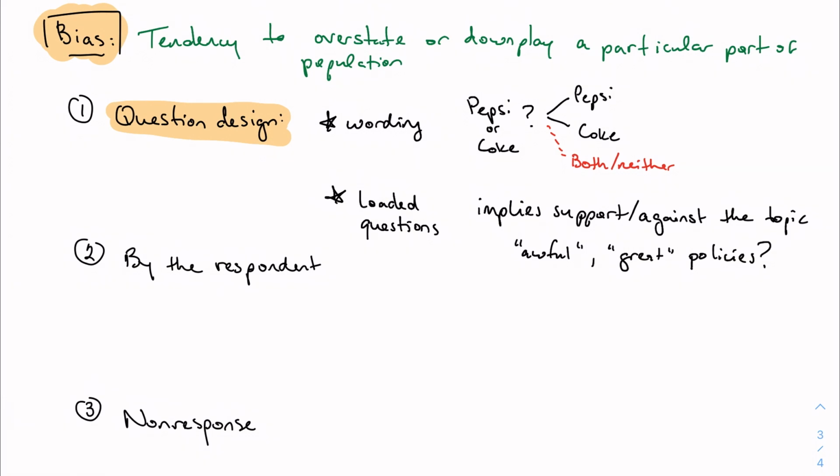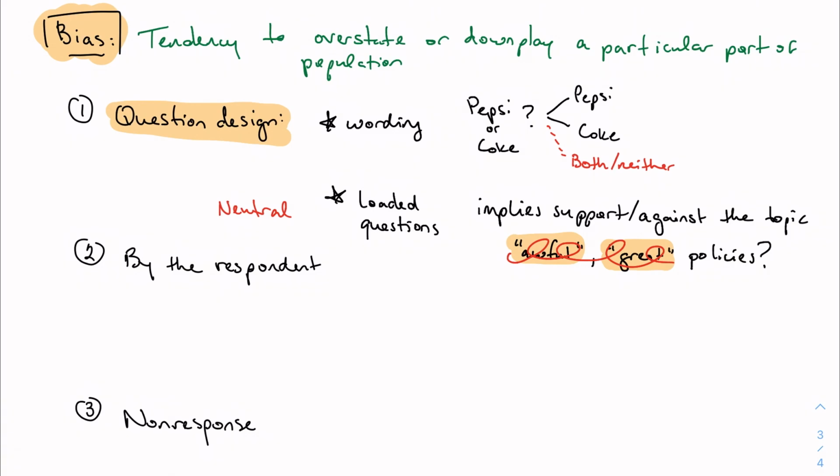So these words have already discredited the question because they start to already get you to think a certain way. If you think the policies are great, you'd be like, yeah, I think they're great. If you don't think they're great, you're like, well, why are you saying they're great, right? You automatically start to question the validity of the survey. So it's important to be as neutral as possible. And the best way to be neutral is just to say, do you support the policies? Period. Done. There's no inkling either way which way you're thinking because you're just saying, do you support X? Yes or no?